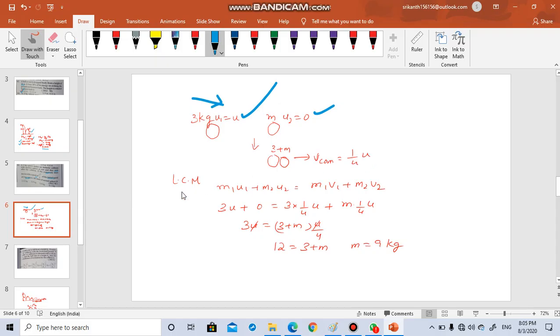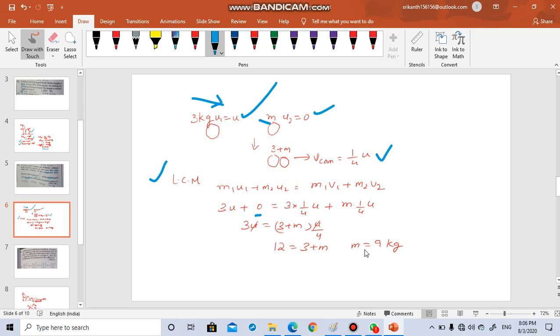So in order to solve the question, in collisions we can apply law of conservation of momentum. So initial momentum is m1 u1 plus m2 u2, which is equal to final momentum is m1 v1 plus m2 v2. m1 m2 values we have to put. m1 is 3, so 3u. The second ball is at rest, u2 is equal to 0, so this term will be 0. Now coming to the right hand side, it is m1 v1. m1 is 3 and v1 is 1/4 u as given in the question, and m2 is